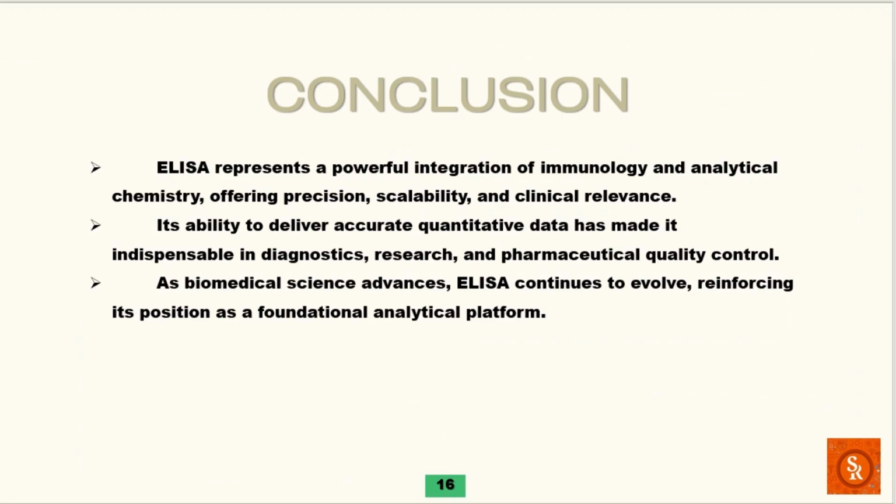In conclusion, ELISA represents a powerful integration of immunology and analytical chemistry, offering precision, scalability and clinical relevance. Its ability to deliver accurate quantitative data has made it indispensable in diagnostics, research, and pharmaceutical quality control. As biomedical science advances, ELISA continues to evolve, reinforcing its position as a foundational analytical